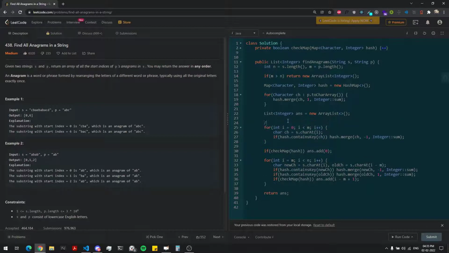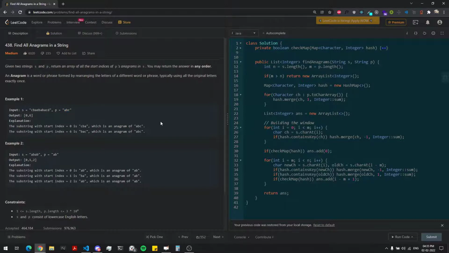Let me write it here. I'm building the window till m, where m is the size of P. I take the character, check if it is present in the hash map, and then decrement it by 1. If it is not present, like E or D, these were not present, so I don't need to bother with them.